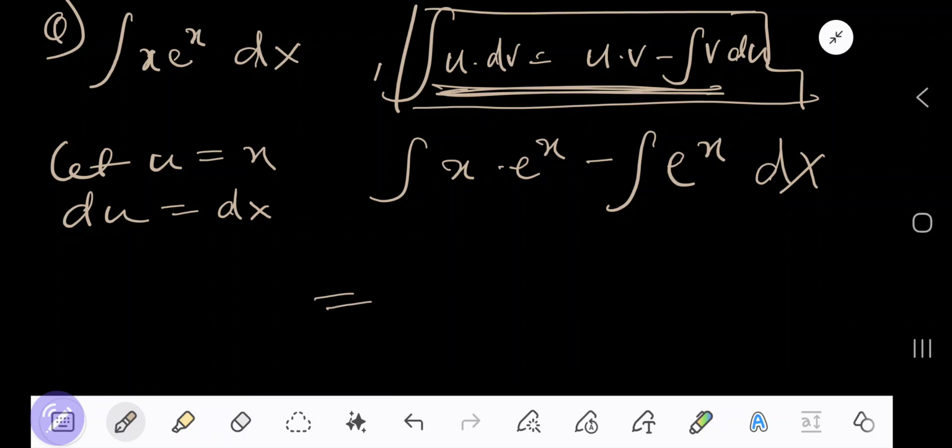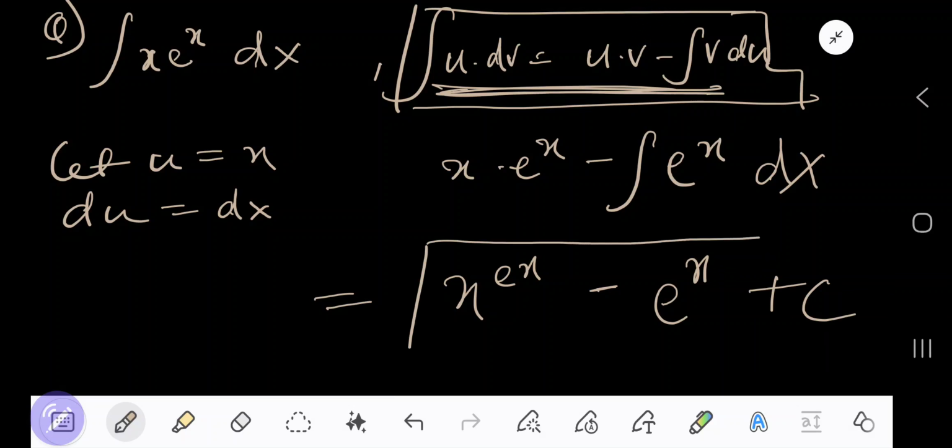Now what would this be? This would be our final answer: x e to the power x, sorry, there's no integral sign here, x e to the power x minus the integral of e raised to the x, which is e raised to the x, plus c. That's our final answer. Alright, next,